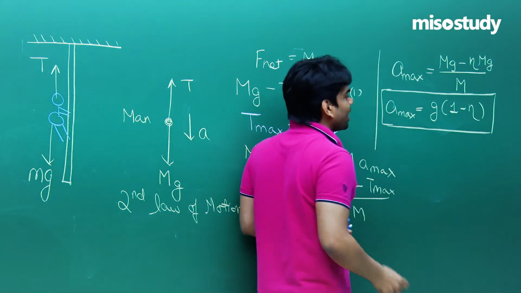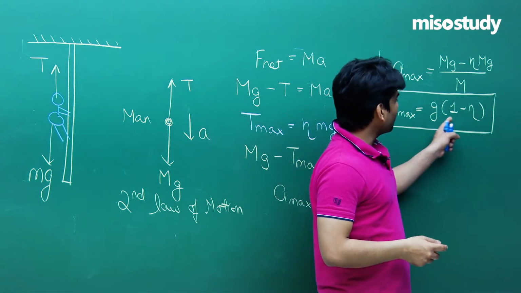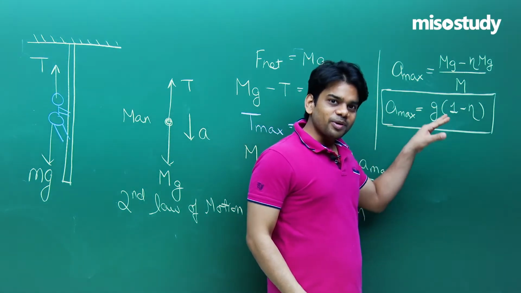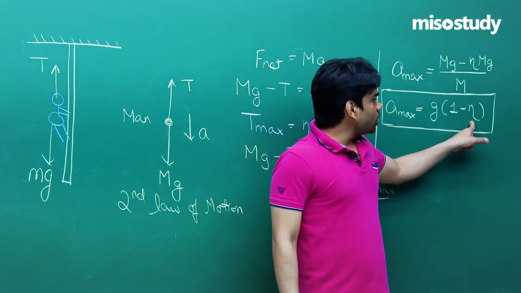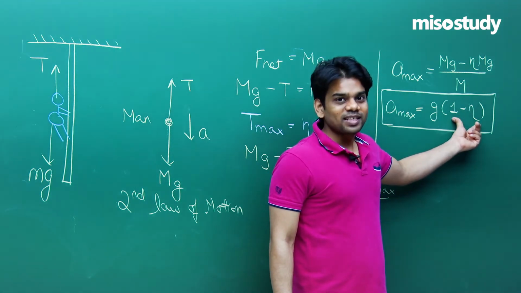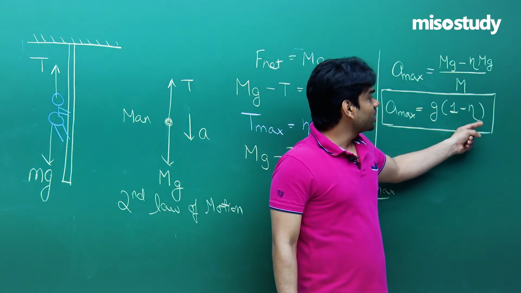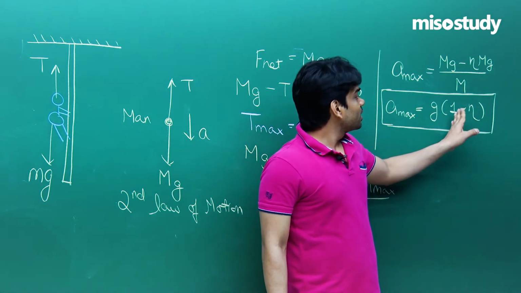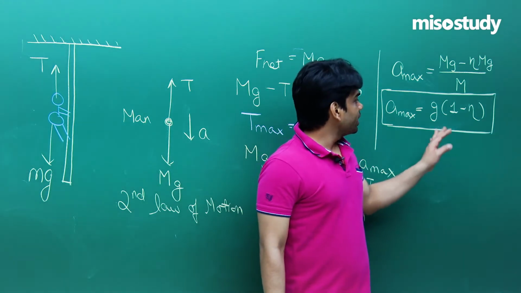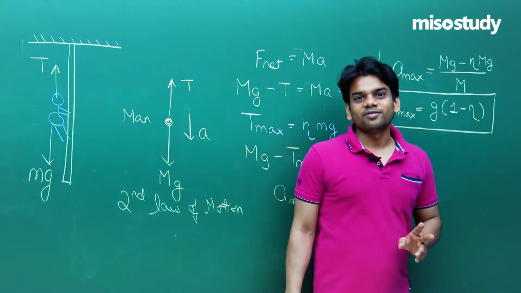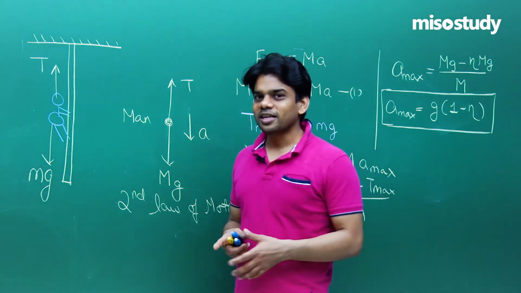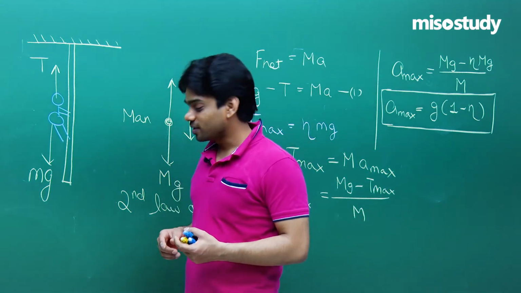Now one thing, can you guess something from this equation, 1 minus eta? Now g is acting downwards, he is coming downwards. So eta should be how much? It should be less than 1 to keep this term positive. If it exceeds 1, then this term will be negative and he will not be moving downward. So eta will always be less than 1. So it will be 0.2, 0.4, 0.6, 0.8, something like that. It cannot be more than 1 as per the given answer.